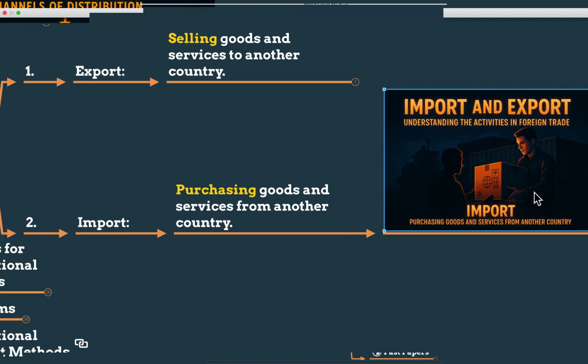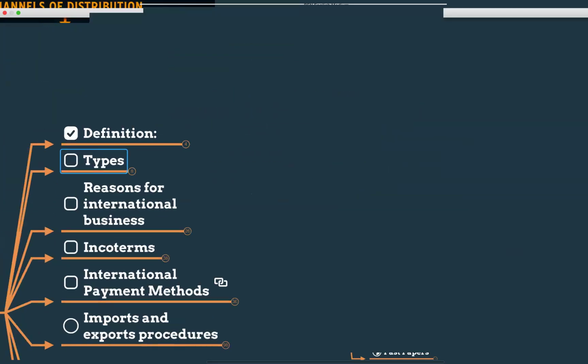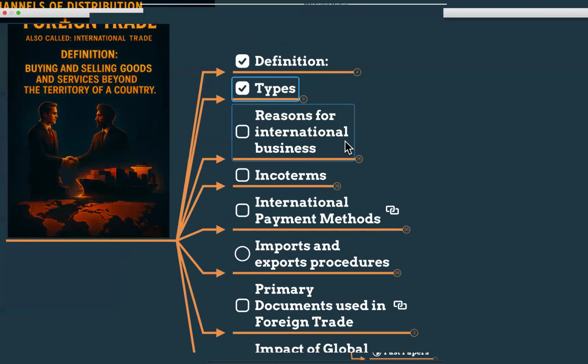So every smartphone in a phone shop is imported from various countries. Samsung from Korea, iPhone from China, but it is made by Apple. And there is something called Xiaomi, right? From China. So we have to pay in dollars, but sell in rupees. That's import, right? So these are the two types in international business, my dears.